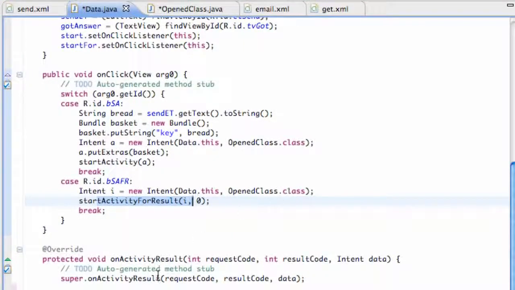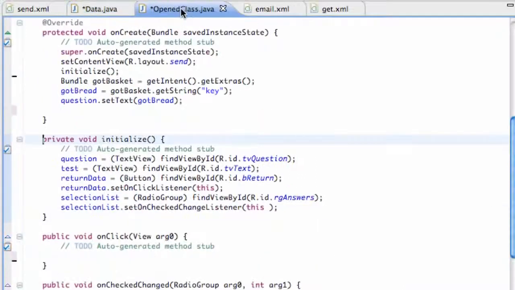Again with me, Travis. What we're going to do in this tutorial is basically set up this start activity for result button. If they click that, it's going to give us some input from the next class for the most part. So we're going to go into this open class and set up this onClick method, because this is for a return button. When a return button is pressed, we're going to send the data back and then close